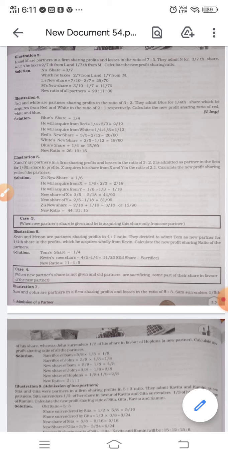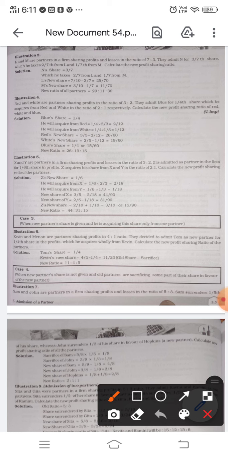So, today we are going to see the profit sharing problems that we already started in the live class. Admission of a partner: the first adjustment is the profit. How to calculate the new profit sharing ratio, gaining ratio, or sacrificing ratio in different types of conditions. Okay, so see the third illustration. There are different types of cases, and we finished the first case. In the second case, see the third illustration.